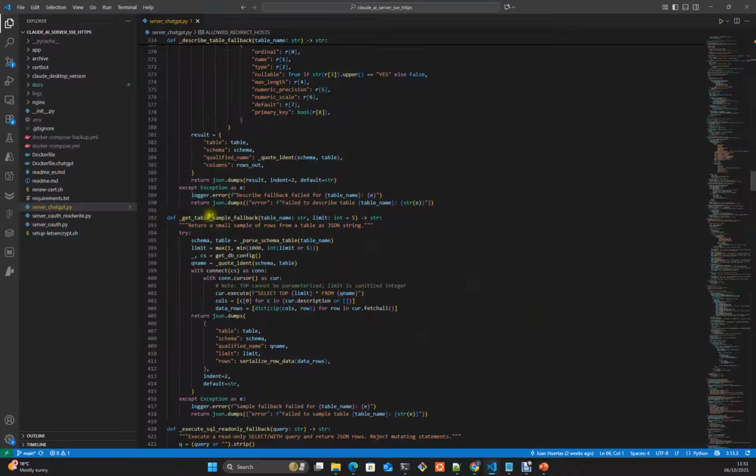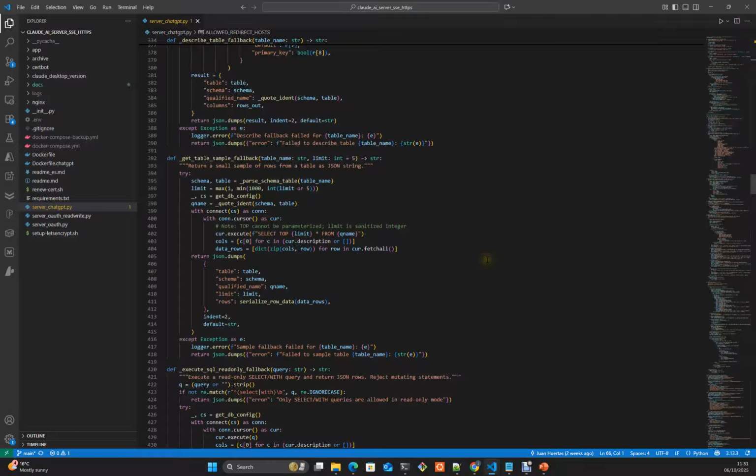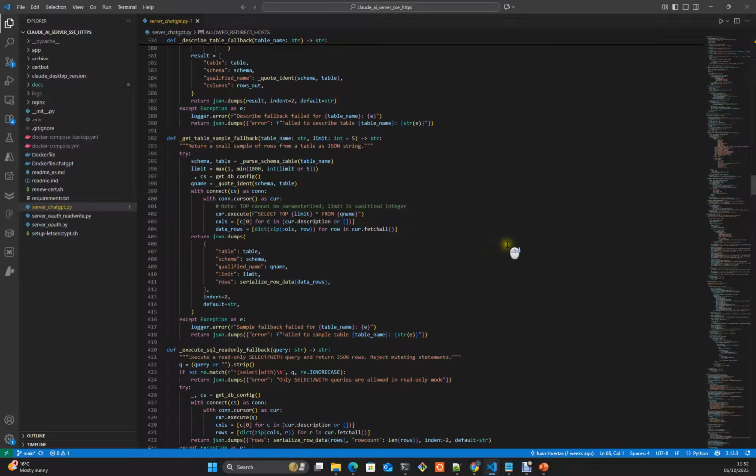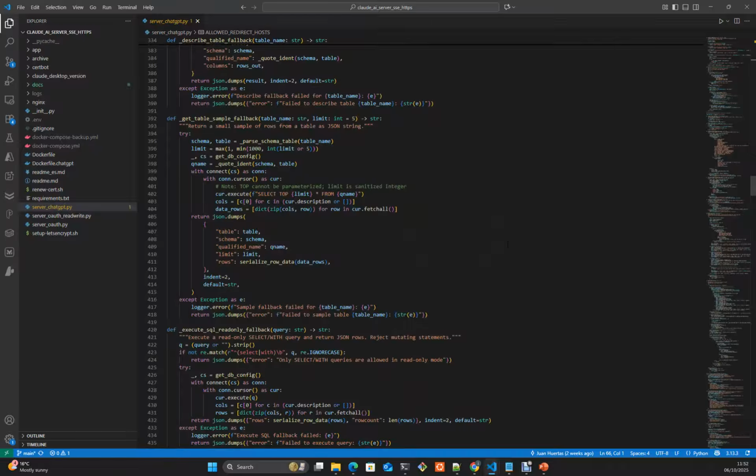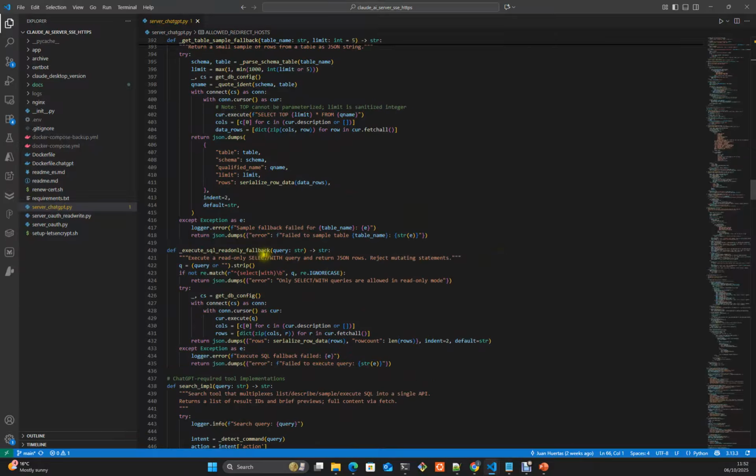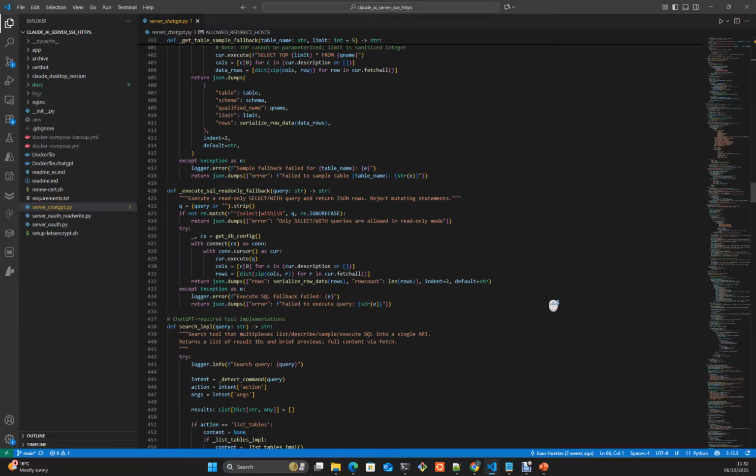Here as well we get a table sample fallback, in case the model is again unable to create an appropriate query. So we always had fallback methods in case the model is unable, and this happened because of this strange configuration that OpenAI had done to create custom